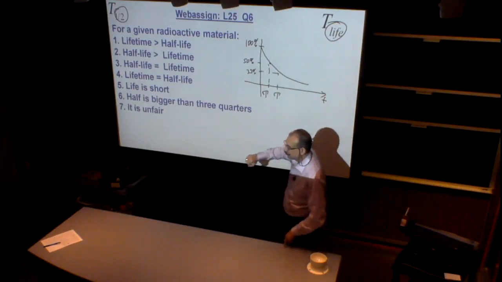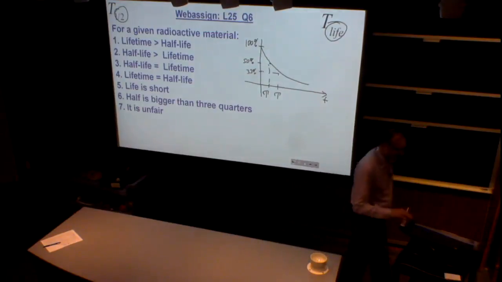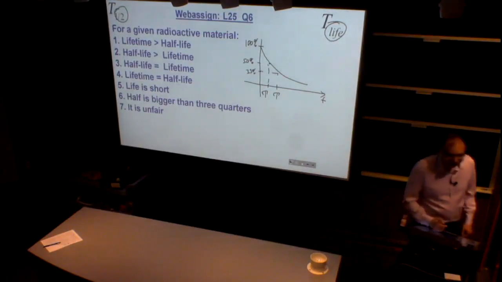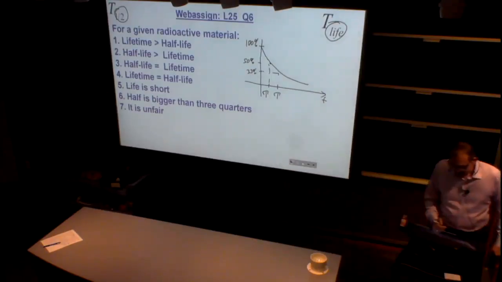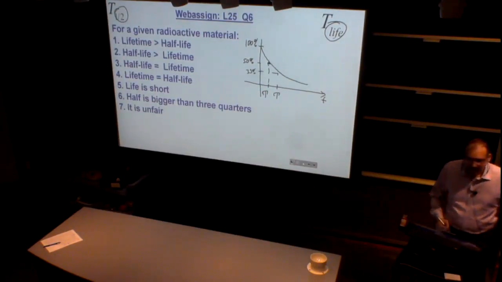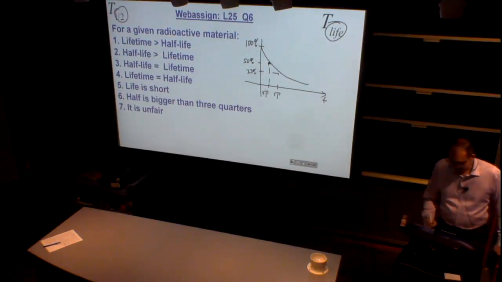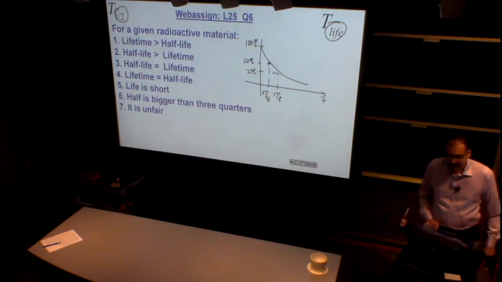No. Right is not right. A half means divided by 2. To which point should we get from 100 if we divide it by 2? 100 over 2, 50. This is a half-life,